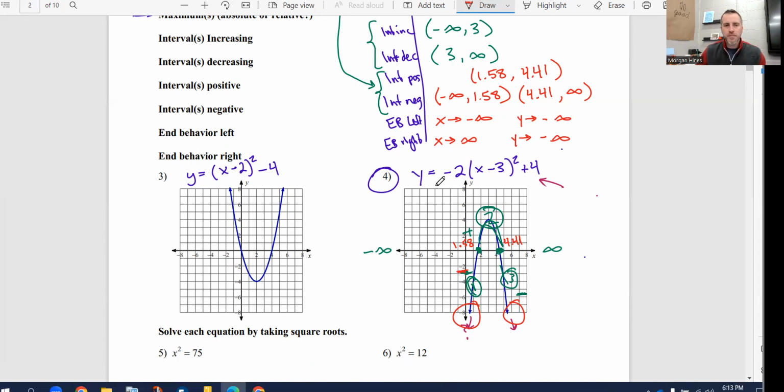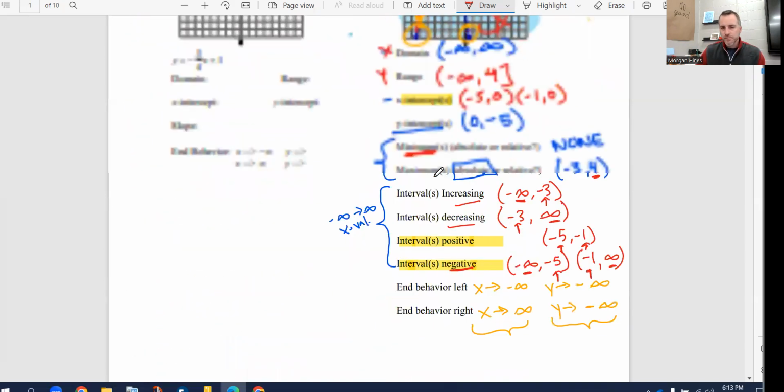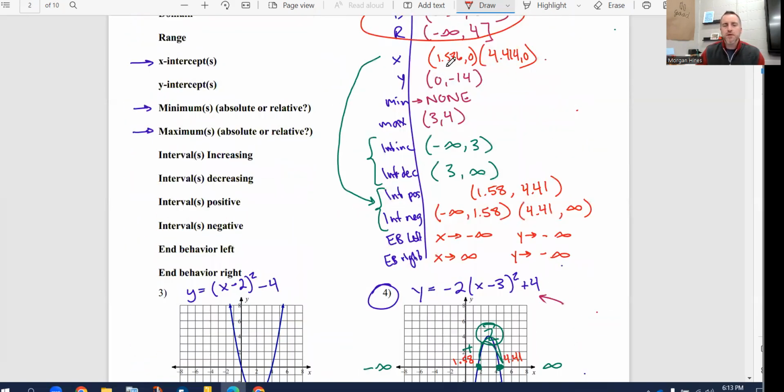You're doing a great job. Those are two of the longest problems. We'll pick back up with the next section, solving